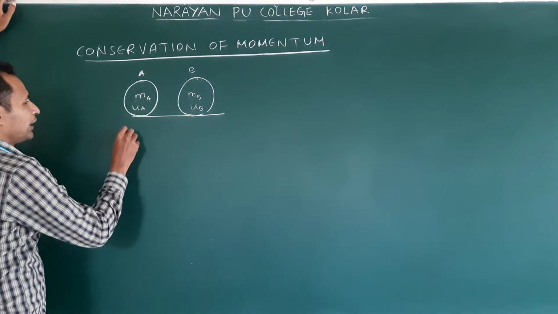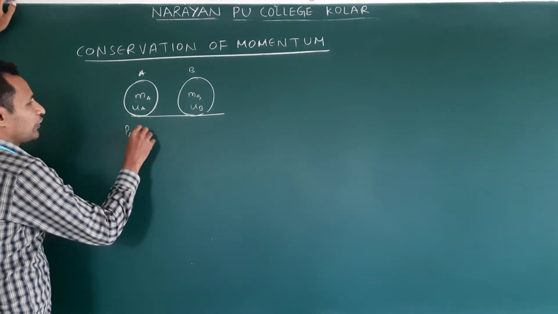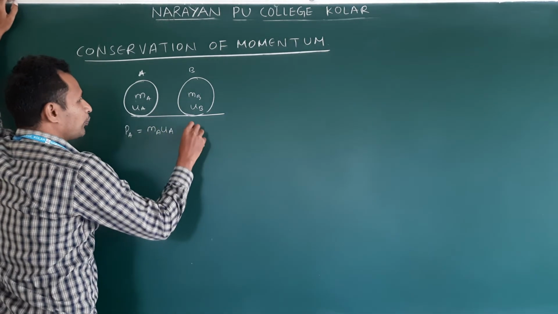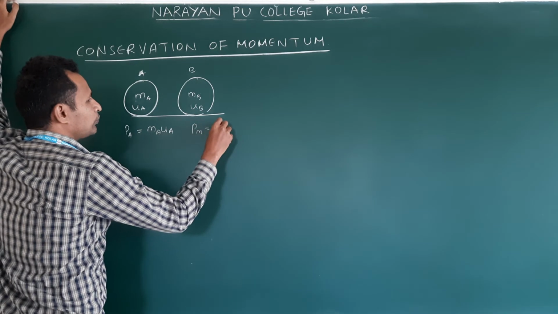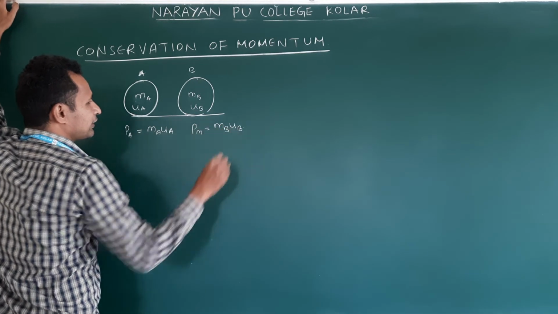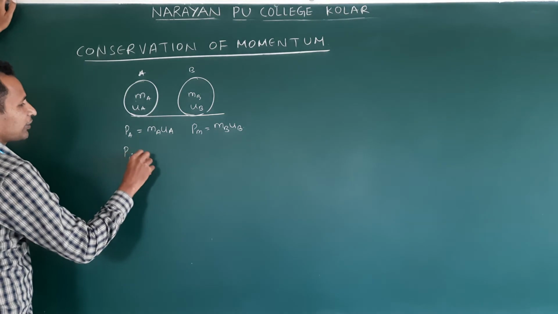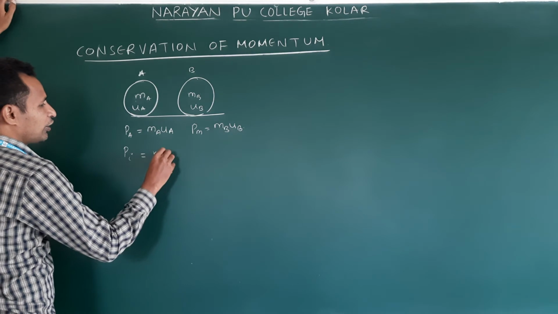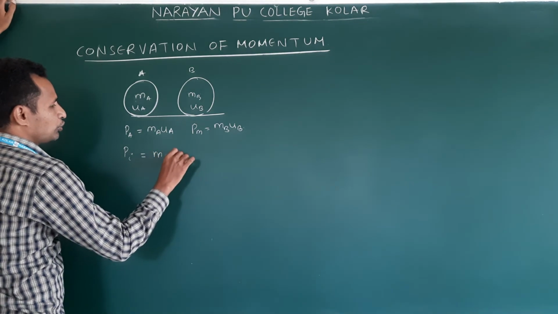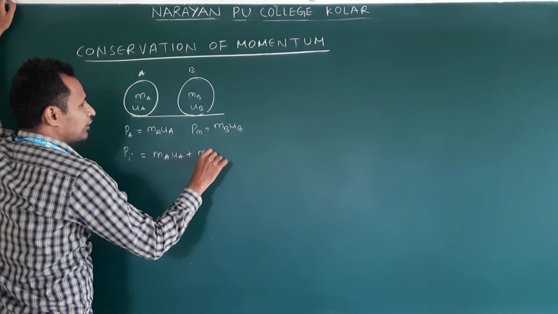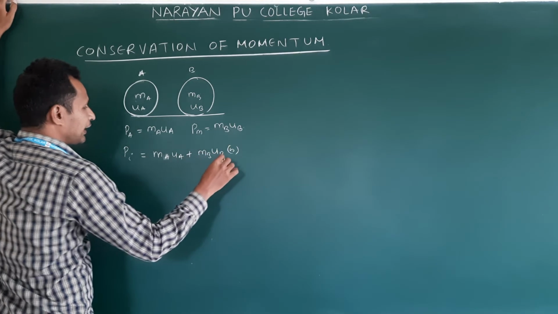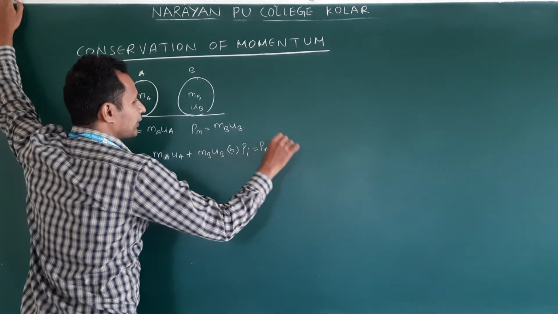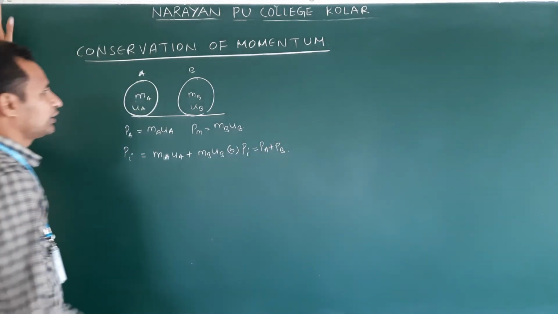They reach velocities, right? Then how do we write the momentum of A? Momentum of A we will write Ma UA. What is the momentum of B? PB, this is MB UB. Am I right? Initial momentum of this system, we are taking these two as a system. Then how do we write? MA UA plus MB UB. Or we can write P initial is equal to PA plus PB. Am I correct or not? Correct.